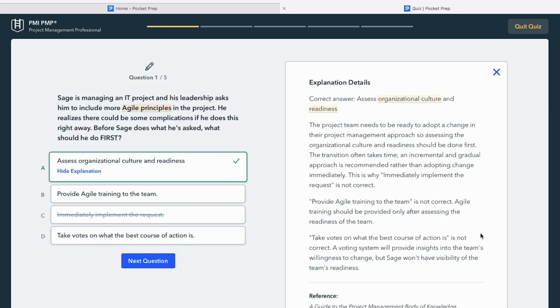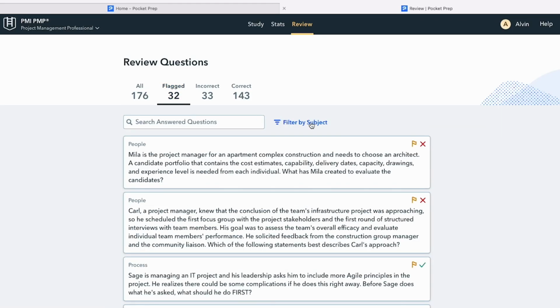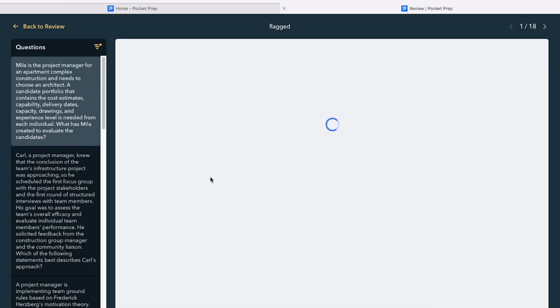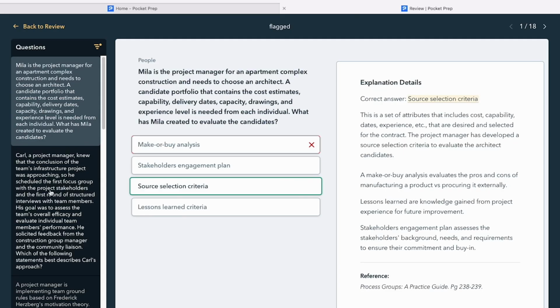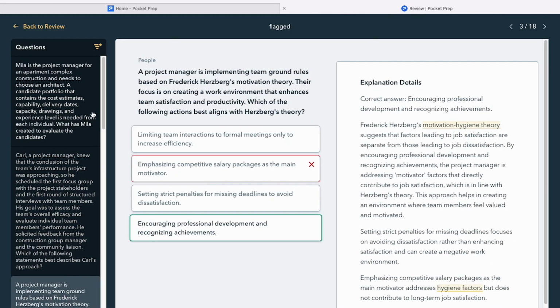And we see here that choice A is correct. What's great about Pocket Prep is that after you finish the quiz, you can go to your review tab. This makes it very easy to track problem areas and to focus on what needs improvement. So you aren't just moving past difficult questions, but you're actually learning from them and diving deep into questions